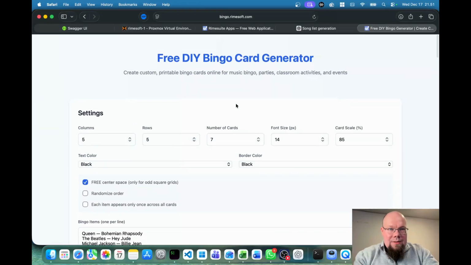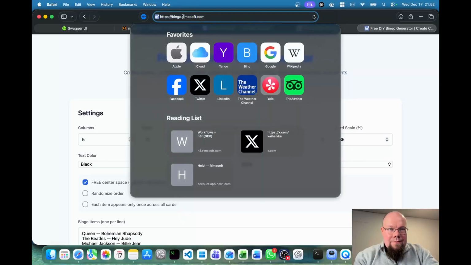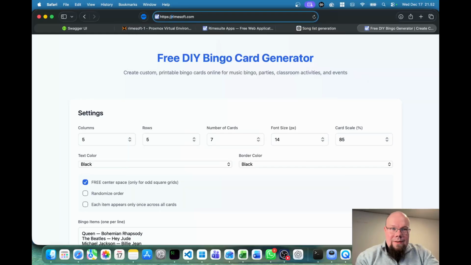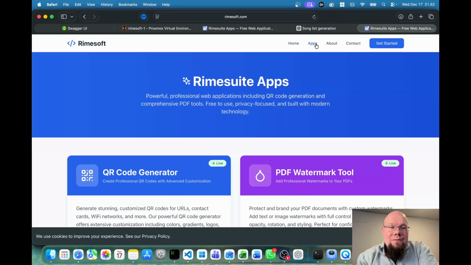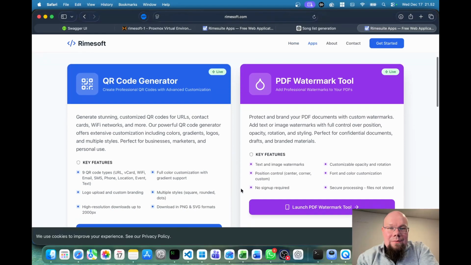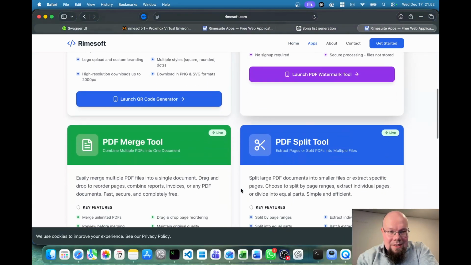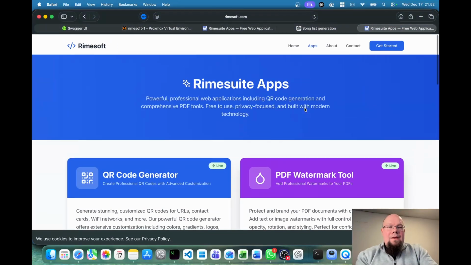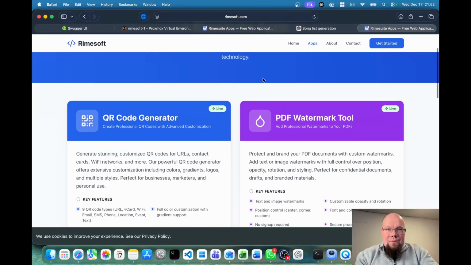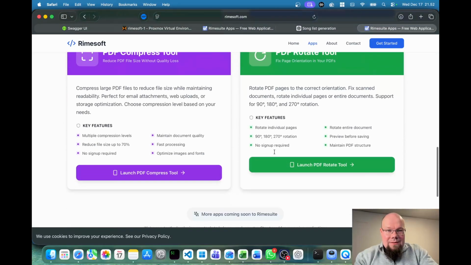I think I will put this application to production on the rimesoft.com site. I'll add tools that I make there. So someday there might be a lot of tools. Now those are ready: PDF generation and merging and splitting and watermarking. And I created some QR tool also. So Bingo will be on this list